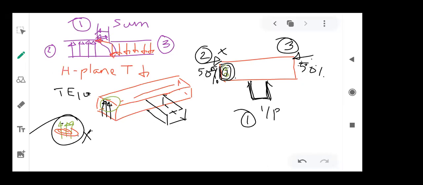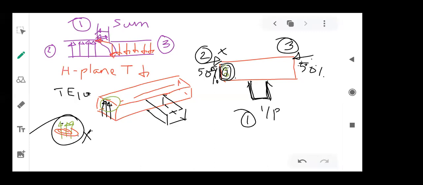And if you want to combine two signals, then those two signals must be applied at port number 2 and 3 and both must be in phase. Then you will get a sum of the power at port number 1. And if the two signals at port number 2 and 3 are out of phase and of the same magnitude, then the output at port number 1 is going to be 0. So you can see that whether it is the earlier case or the current case, the auxiliary arm, that is the